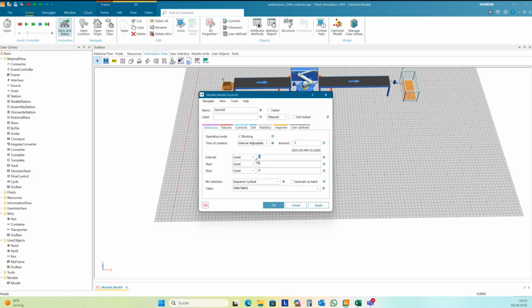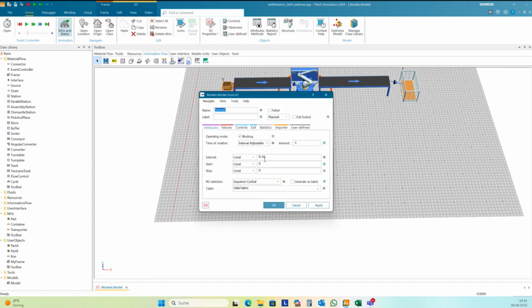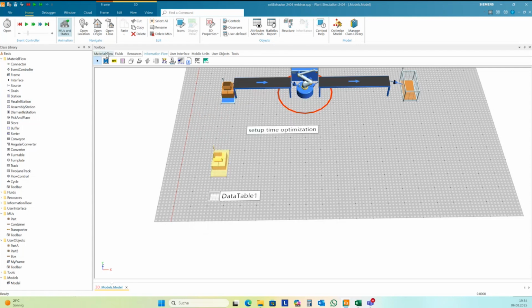This is again 10 seconds. Okay, my example I have 12. Okay, I will keep it my example. 3 different stations.